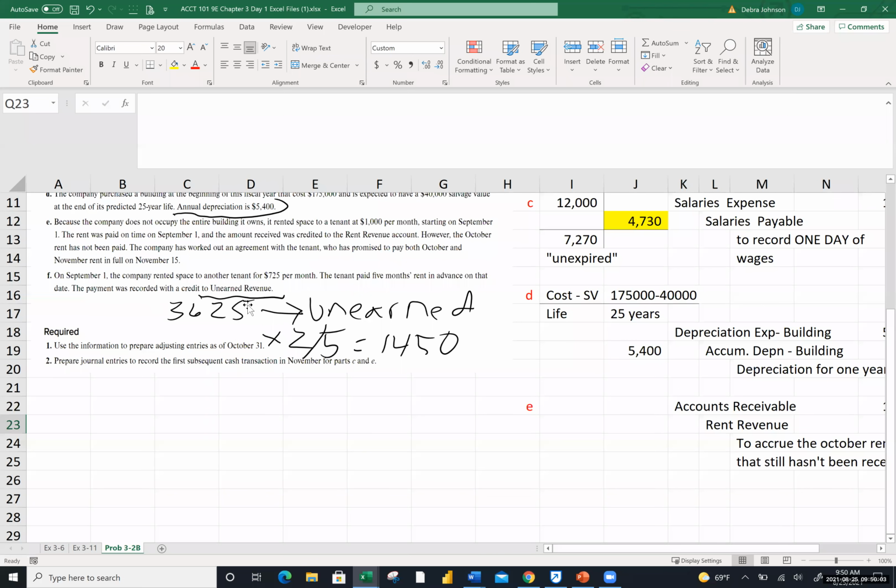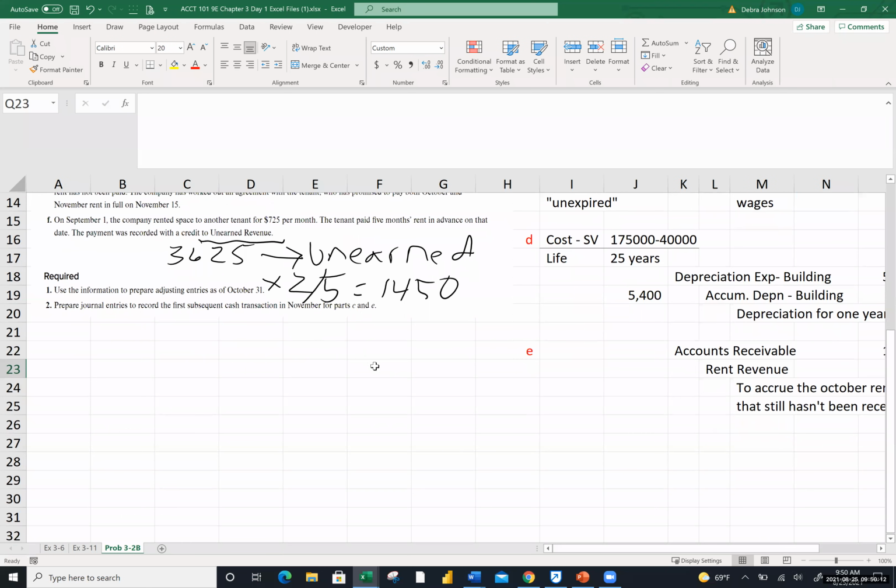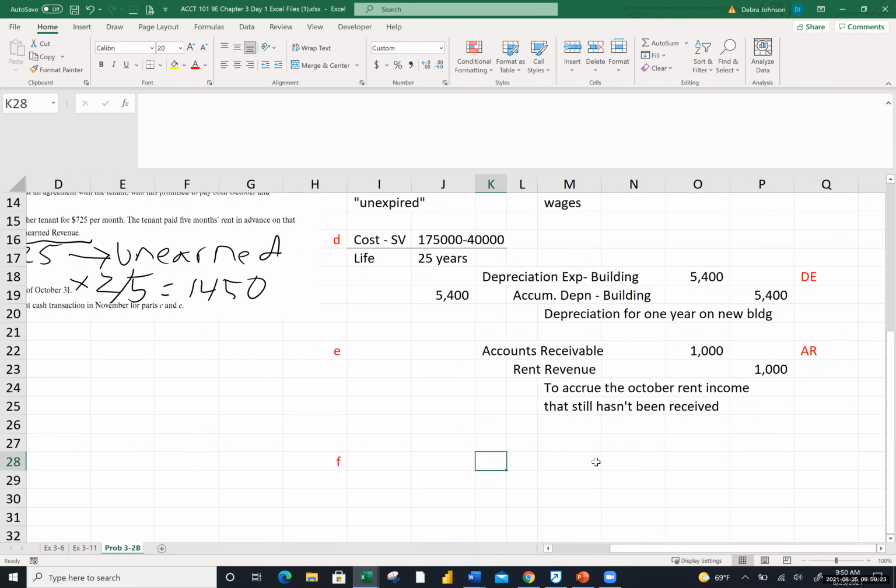The other way to look at it is, hey, it's $725 a month. We would have earned 725 times 2. You'll get the same answer no matter how you go about solving it. So letter F, none of these affect cash. None of them. Adjusting journal entries don't affect cash. So what needs to happen is that unearned account, remember what it looks like. I'll put a little T account. It's a liability account, and so what we need to do is make that liability account go down with a